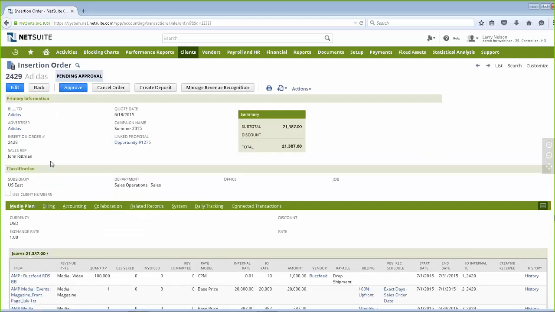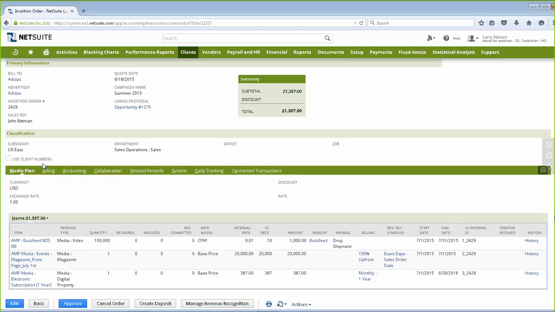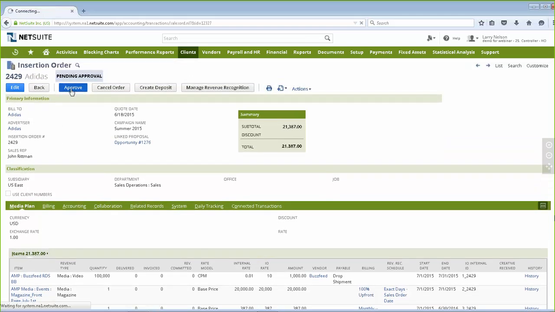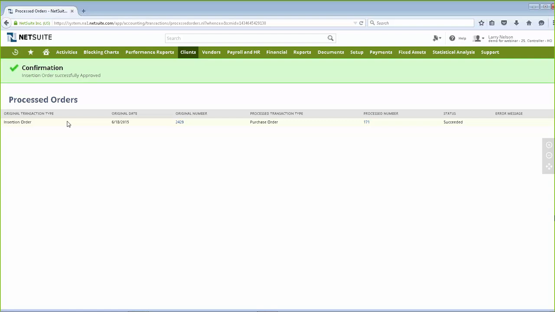it's going to be on my dashboard. I've got the details that I can look at. It doesn't look like I've got any discounting. It's all following the customer's rate models. And I can then go into the system and just approve that contract. And you'll see that as I go and do that, it's going to change the status from pending approval to approved.